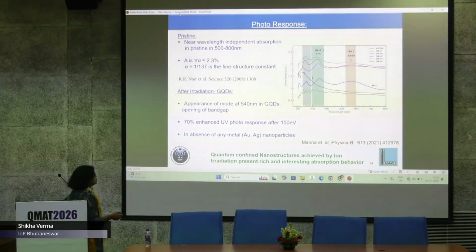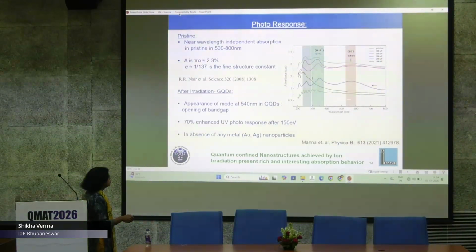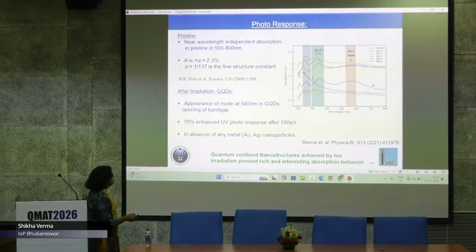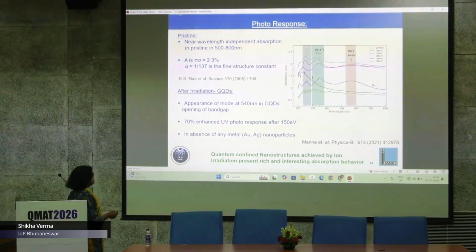But after irradiation, in the beginning the photo response is up high, somewhere 100, 150, 200. If you see, they are somewhere here, but at 250 it is this one, and 300 is this one. At 300, the structure has already amorphized, so this is the amorphous, and the interference patterns also suggest that. This 250 is the interesting one. This gives a very nice absorption peak around 540 nanometer in GQDs, and this suggests the opening of the band gap in the graphene